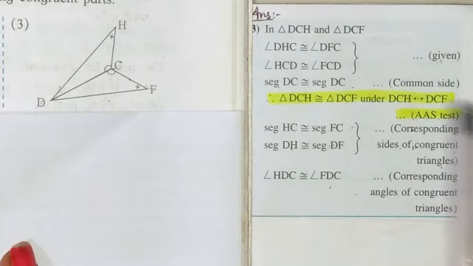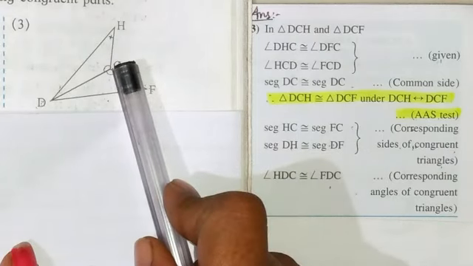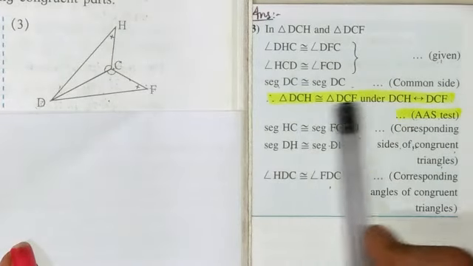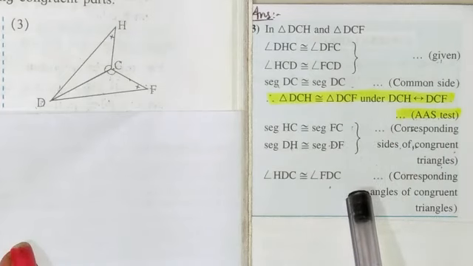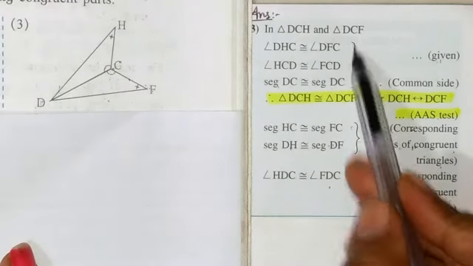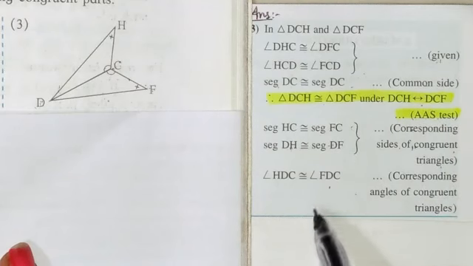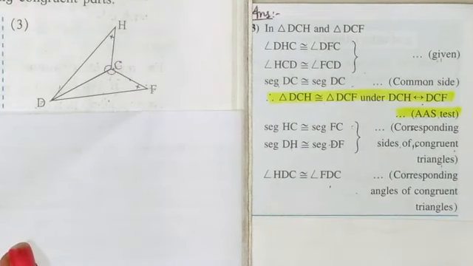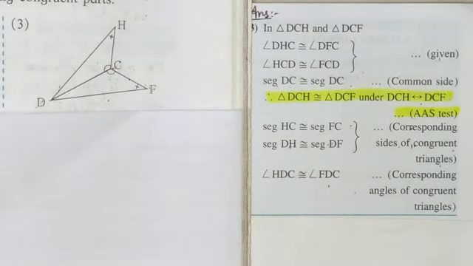It means that students, in the starting we have to write whatever is given according to the identical marks. After that, we have to mention the type of test, and then we have to write the remaining congruent parts of the triangles. Got it, students? So these are the given parts in the diagram, this one is the name of the test and this one is a remaining congruent part of the triangles. If you want, you can take a screenshot and write it systematically in your classwork notebook.